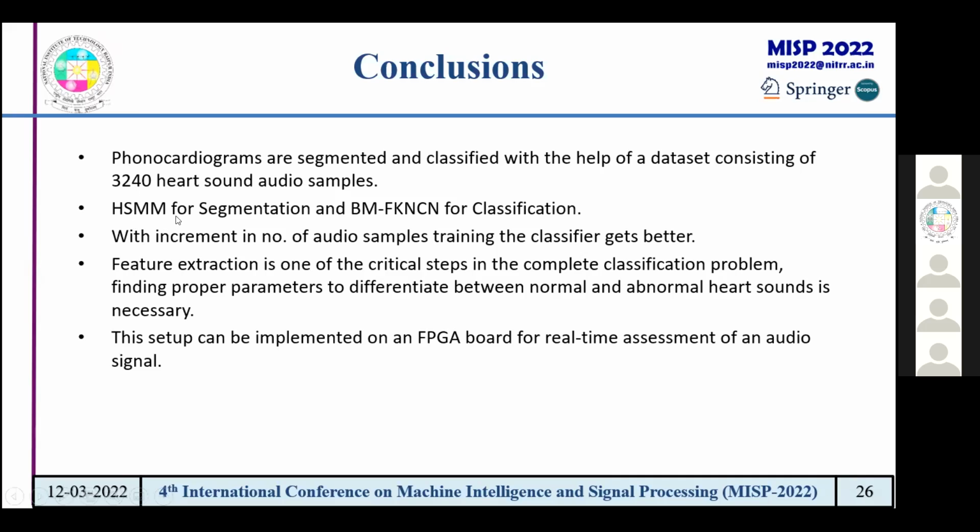HSMM, because I wanted to bring in the time as well, sir. When the heart is beating, due to a blockage of any nerve near any artery, in these 4 segments, S1, systole, S2, diastole, some segment or other will be affected. So if the S1 is too quick, or if the S2 duration is too much.